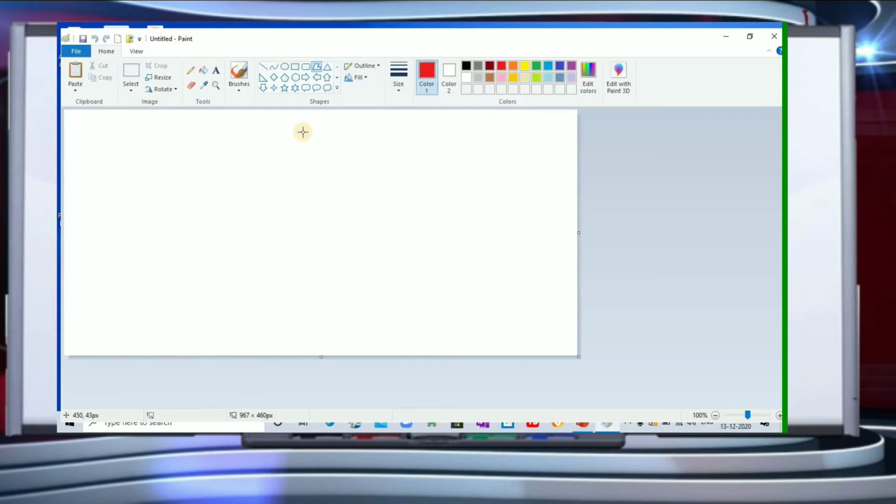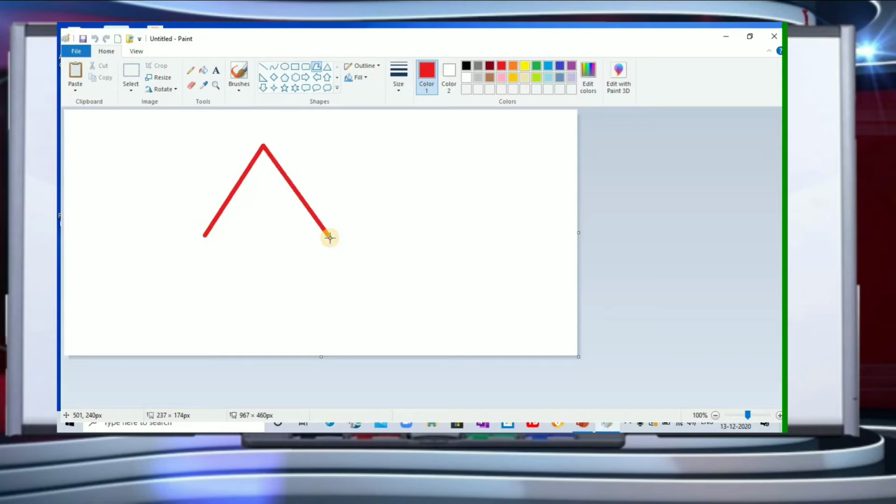Now I can draw. How I have to draw, be careful. If I start from here, I'll click and hold it and drag it. So it is here. Now if I have to draw one more line, I don't have to drag it down again. What I can do is take my mouse pointer here and simply click on this.